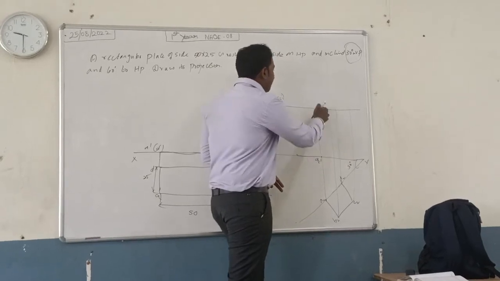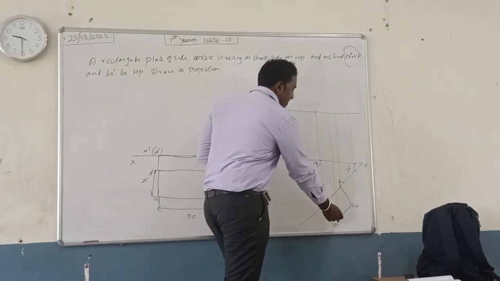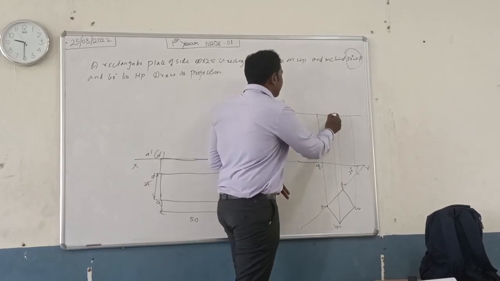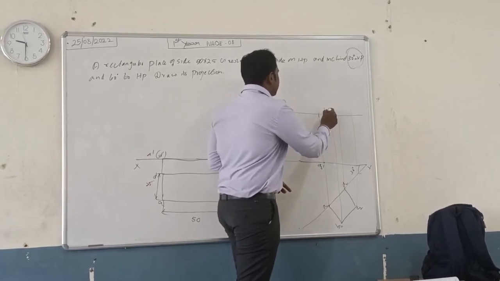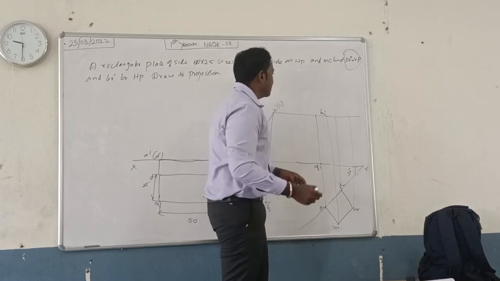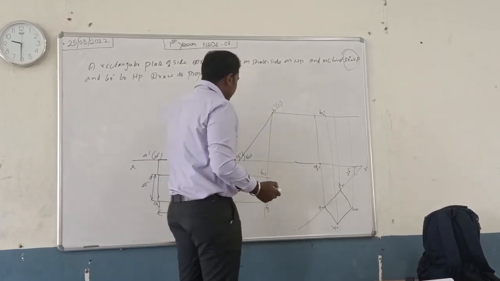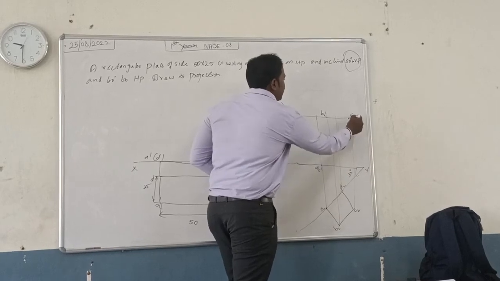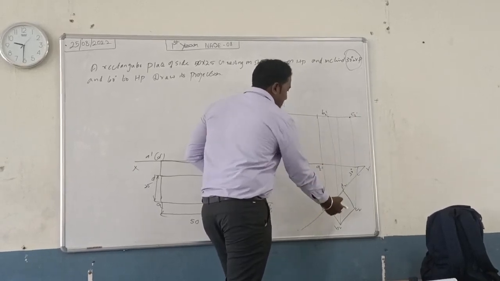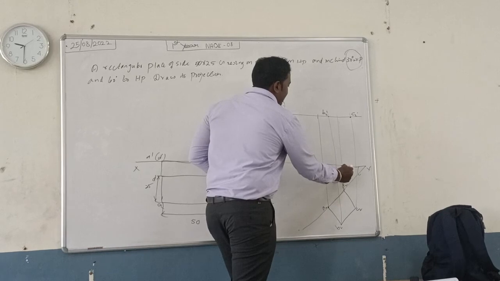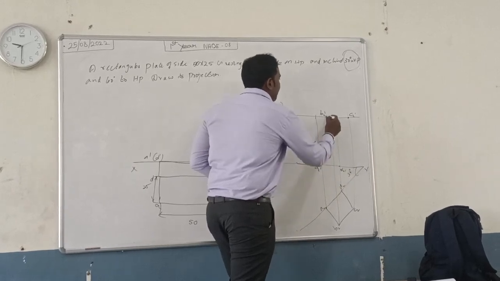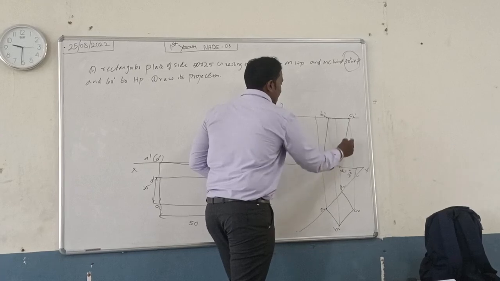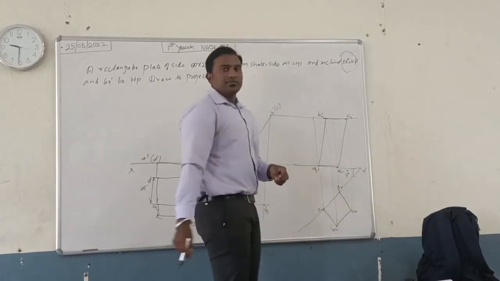Here there is no point. So B is here. This is where the B line goes up to this point, and here also B is here. This one is C, and D is here. Join the outline like this. Okay, stop. So this is your